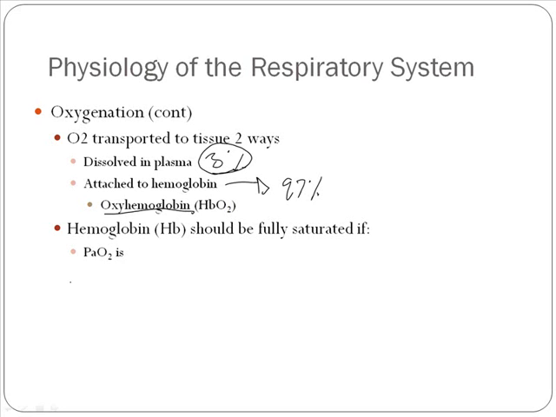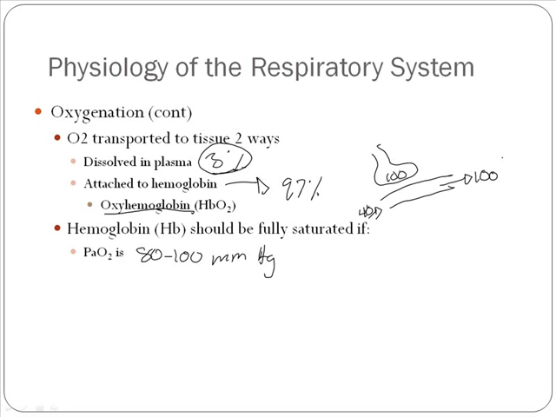Hemoglobin should be fully saturated if the PaO2 in the blood is 80 to 100 millimeters of mercury. Now, if you remember on the previous slide, as the blood vessel goes by the alveolar sac, it comes in and the PaO2 is 40. Inside the alveolar sac, it is about 100. So it will reach an equilibrium of about 100. As the blood leaves the alveolar sac, it will be about 100